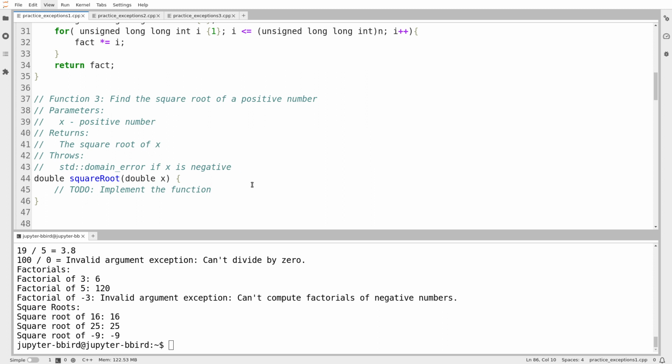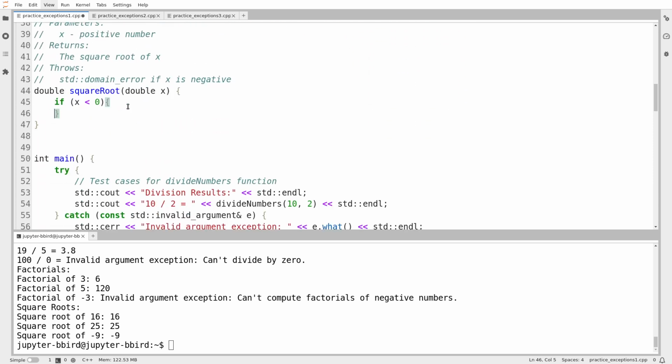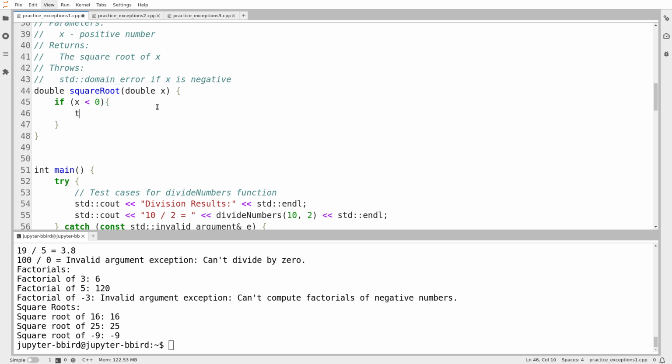Okay, square root. Now, I was not expecting it to throw this at me. So I'm going to first handle the exception case. So all it says is if x is negative, we can't compute the square root. We actually can, but it's a complex number. And because this function is supposed to return a real number, so double, we're in trouble. C++ does have a complex number type that we could use, but we're not going to do that. So if x is less than 0, we throw our exception. Oh, there we go. So I will throw std domain error, and then I'll just say can't compute square roots of negative numbers.